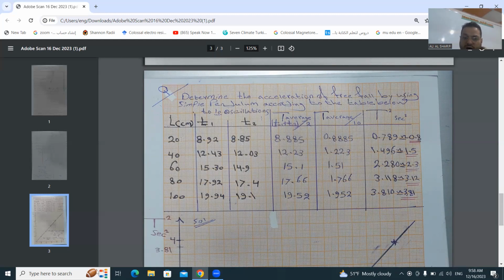Here, T1, T2 at 20 centimeters, you will take the average, the sum of these two results divided by 2. After this, for 10 oscillations, to calculate T average for 1 oscillation, you will divide it by 10 to get the results like that. After that, you will take the T square for all of these 5 results, approximately. Here it is written, 0.8, 1.5, 2.3, 3.12, and